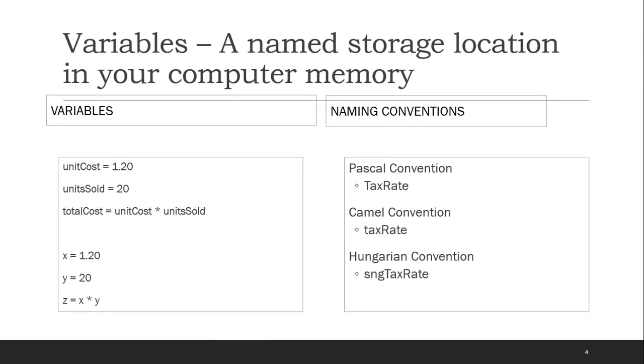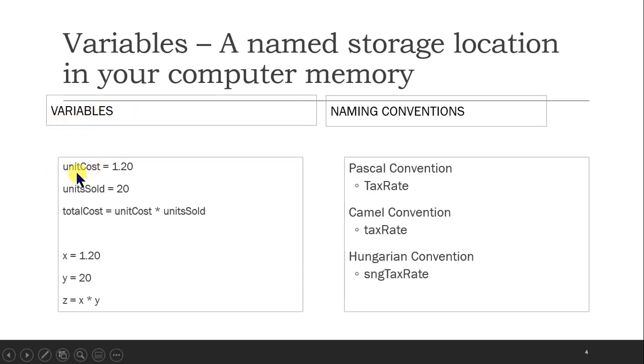Now, when we know about data types, what are variables? A variable is like a named storage location in your computer memory. Say you have your own house and there is a house number. So we allocate special memory in the computer with a name which can be referred to by name. Say my house number is 14/55. So it is 14/55. The same way, a named storage location in your memory is called a variable.